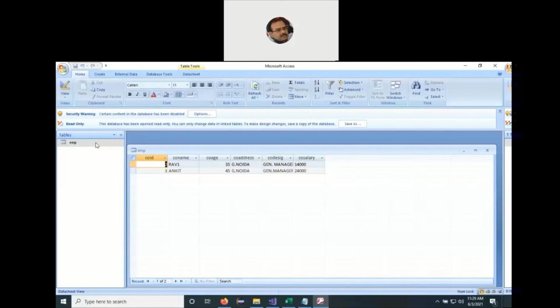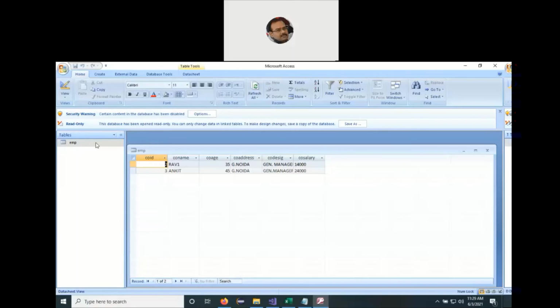So we can create a database with either of the two extensions, .mdb or .accdb, depending on what Microsoft Access supports, and also the version which you are having on your system. The latest version may not support .mdb, it may support only .accdb, but the backward compatibility is there. So your MDB database will also work on the newer version of Access.